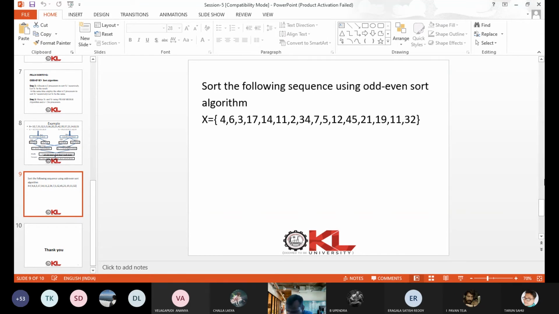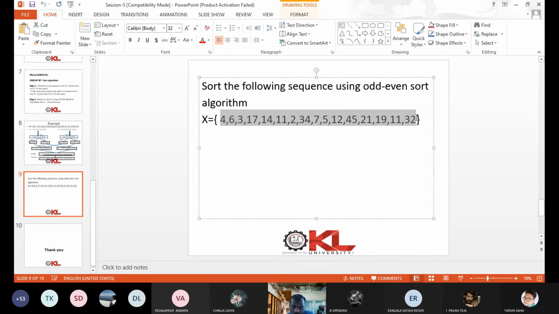Suppose here in this list, instead of even numbers, that means, for example, if the number of elements in the list is say 8, 16, 22, 32, even numbers are there, then no problem. What about if odd numbers are there? Okay. If n is odd, what happens?